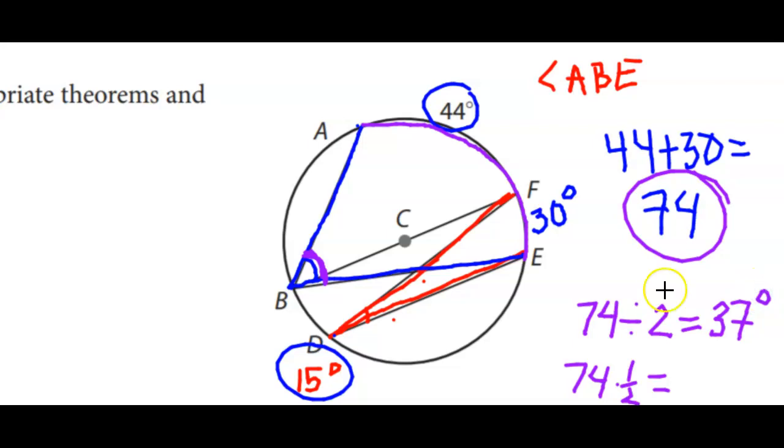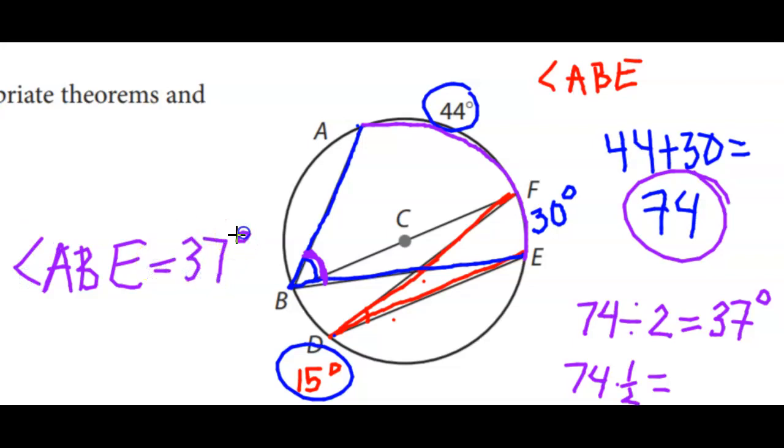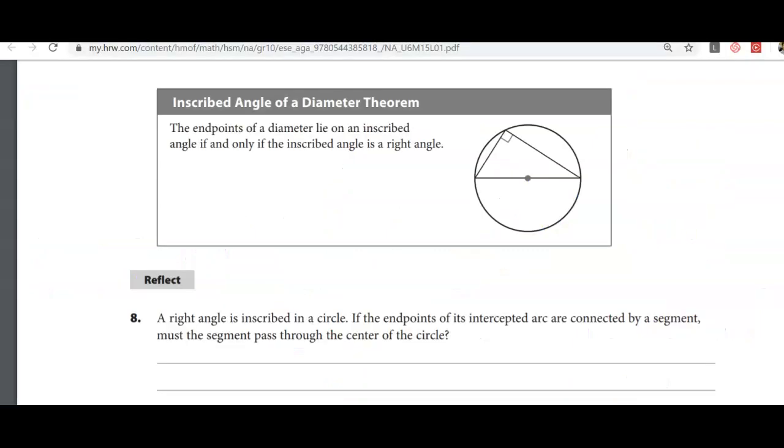I'll put my degrees here. Okay, 37 degrees. So I know that the A, B, E, the measurement, is 37 degrees. Okay. We'll do more of those, but another one I wanted to point out, and this one's a